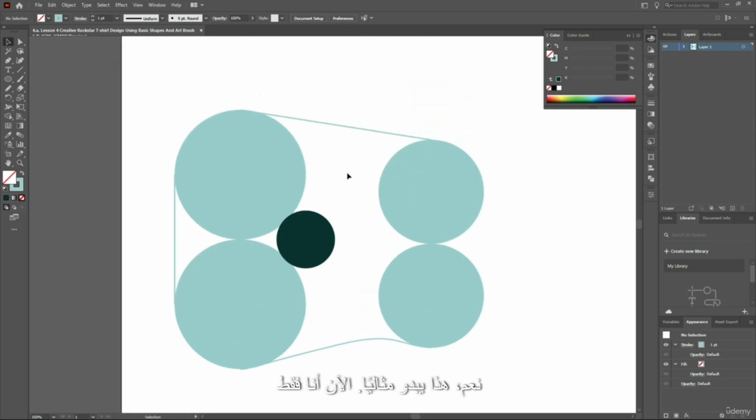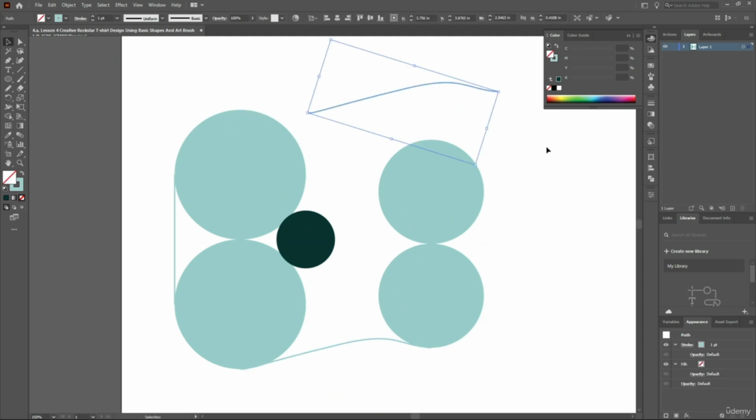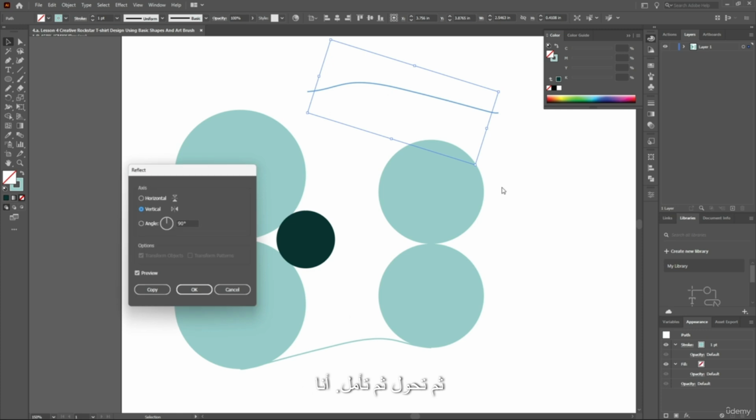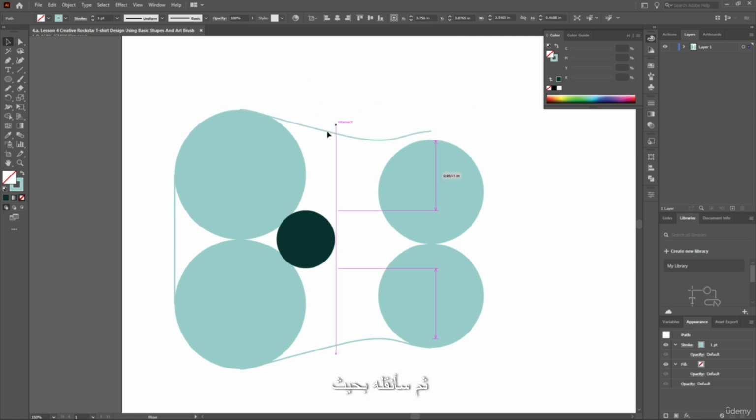Yes, that looks perfect. Now I'm just going to delete this. I'm just going to copy this. And I'm going to right click on this and then transform and then reflect. I'm not going to reflect it vertically, I'm going to reflect it horizontally so that we have the same thing. Then press OK. And then I'm going to move it so that it gets aligned up perfectly